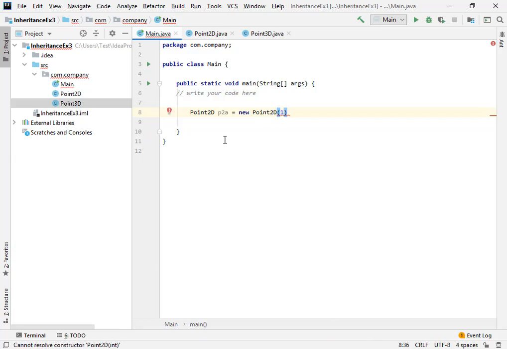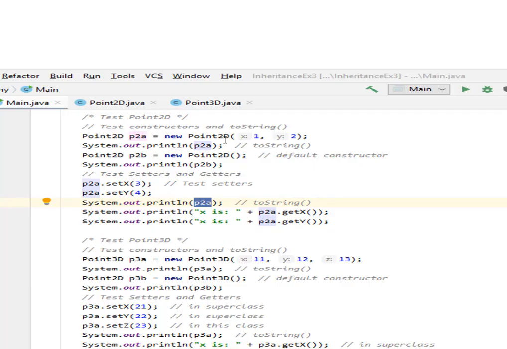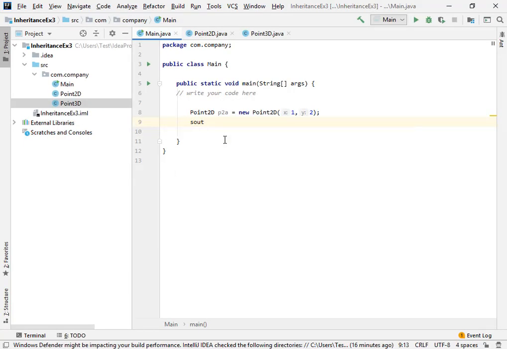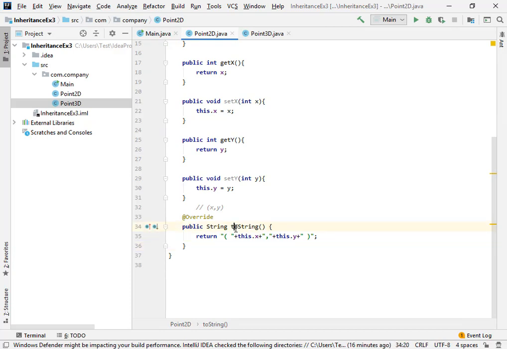The parameterized one. So I'm going to pass the value of x as 1 and the value of y as 2. Okay, and after this I'm going to print the statement. I'm going to use the println function, and what this println function will do is print whatever is available within this toString function.